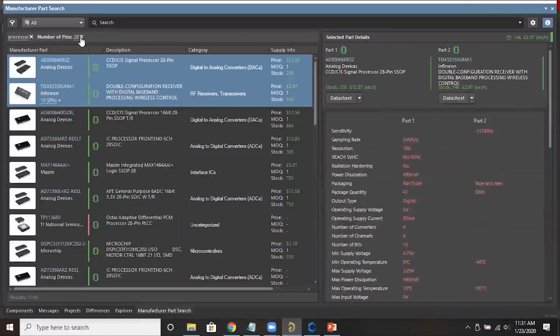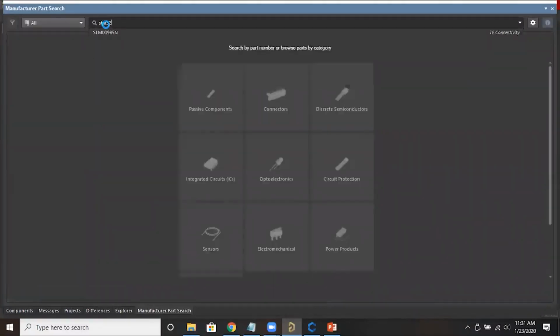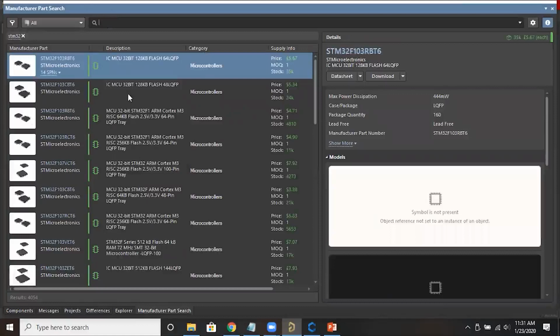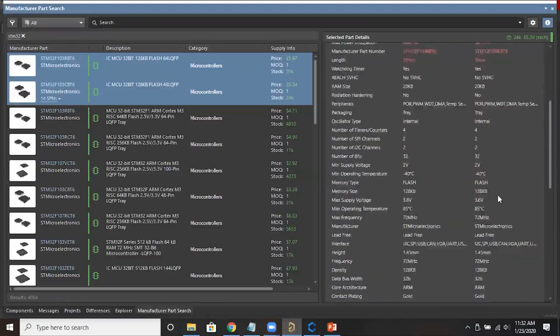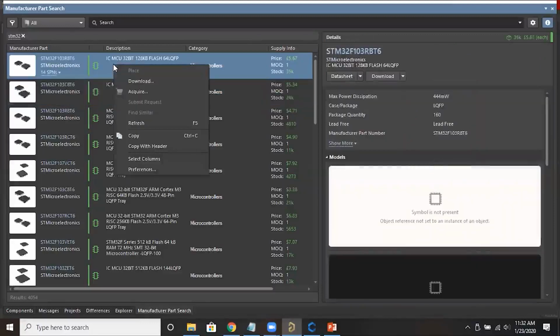Suppose I'll show you some other component. Suppose you are searching for the same component, but let me see some parameters. See, the same manufacturer, but the manufacturer part numbers are different. The parameters: number of pins here is 64 and 48, and the number of IO is 51. So now we can decide which component we need, whether this one or that one. Instead of manual comparison, here itself we can compare, and once we finalize, we can directly acquire it.